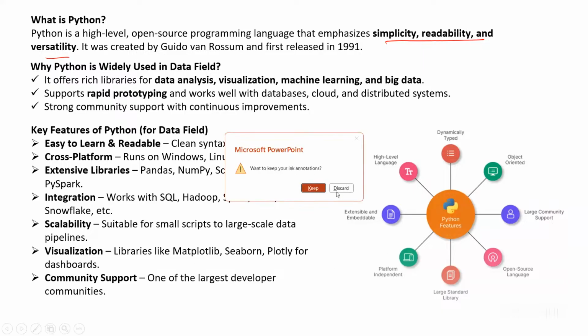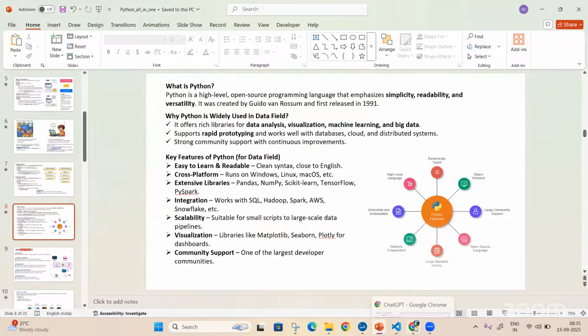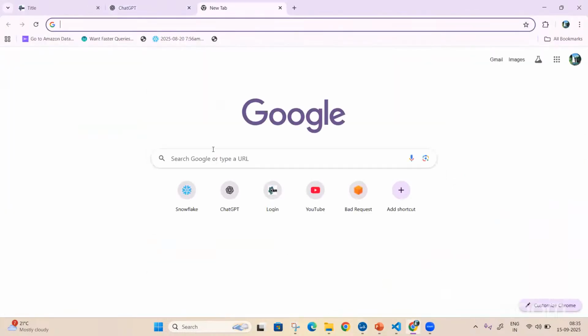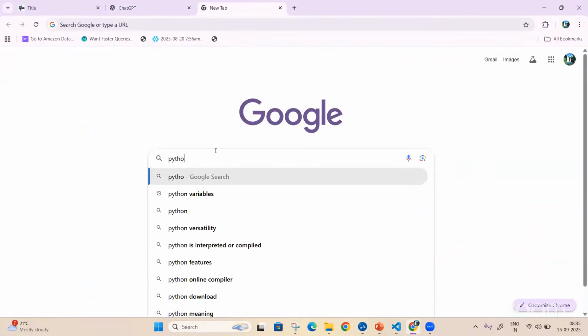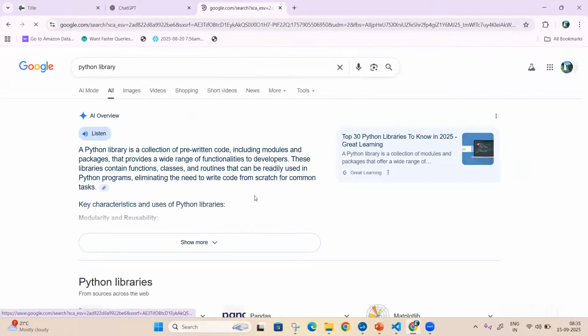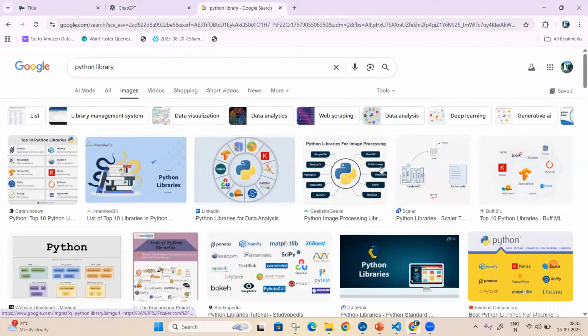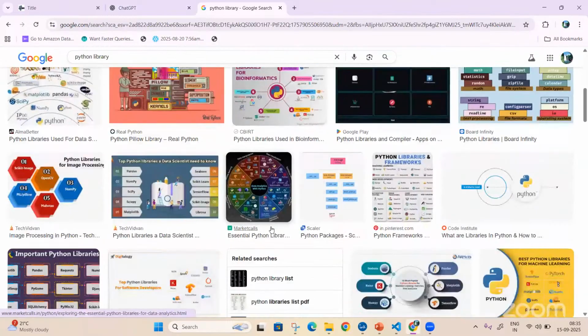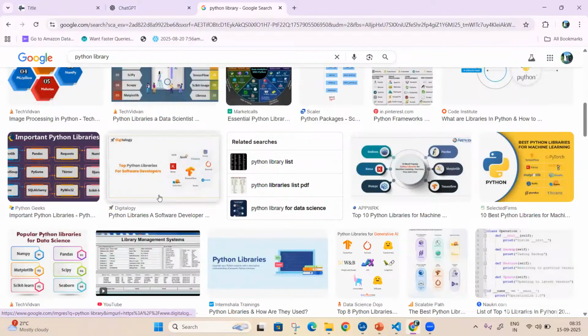For example, let me show you. You come and see Python library. This is one particular image which I can show you.